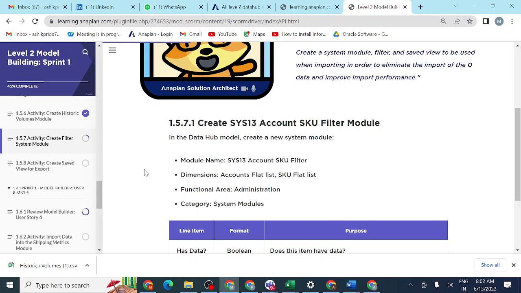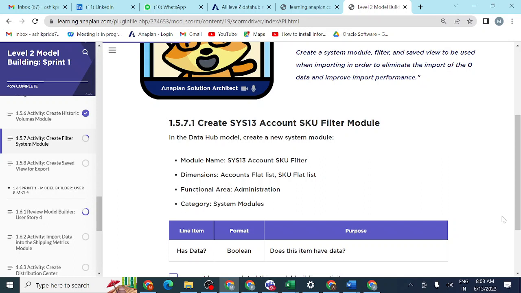Sir, while creating the time range, there is one option, number of periods. You have kept it as one. What does that mean, sir? Number of periods 1 means 1 year. I want only 1 year of data, 2019 data. If I keep 2, I will get 2 years of data; if I keep 3, I will get 3 years, like that. Based on the requirements, if you want to analyze historical data for 2 years, 3 years, 4 years, you have to increase the number of years in the model calendar.